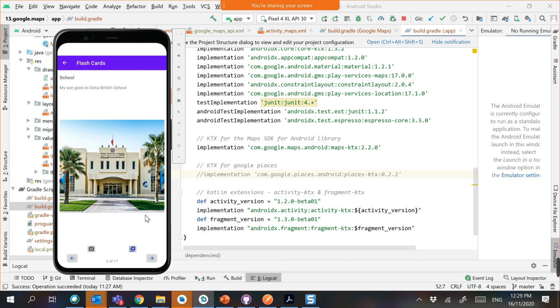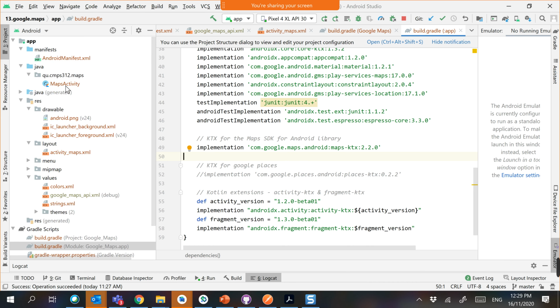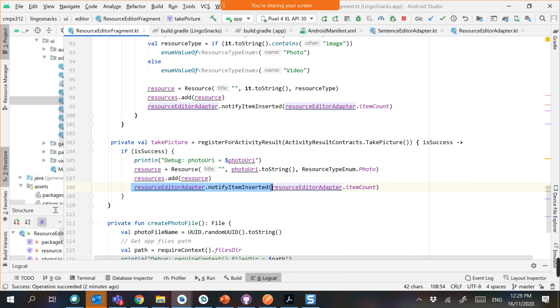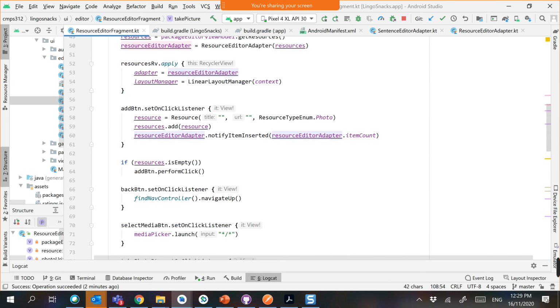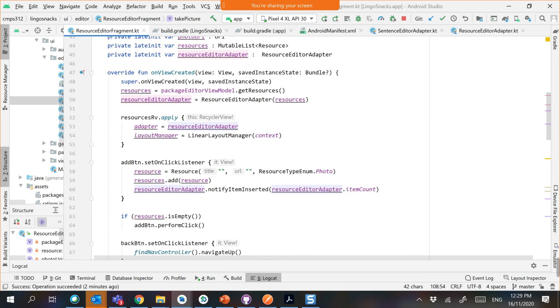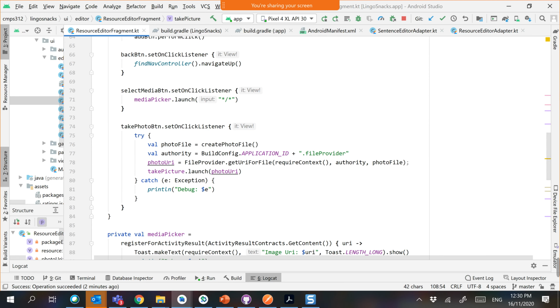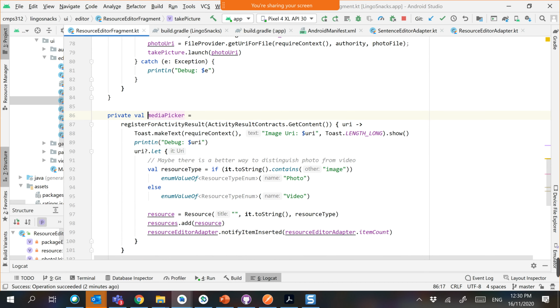All right. Okay, so let me just summarize and close off this topic. So what I showed you is two things. One is how to pick up an image from the gallery. So to pick up an image from the gallery,